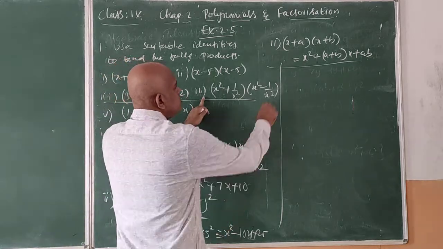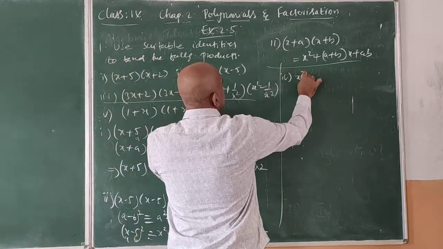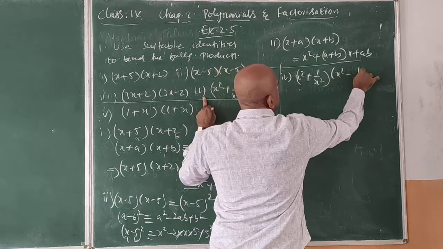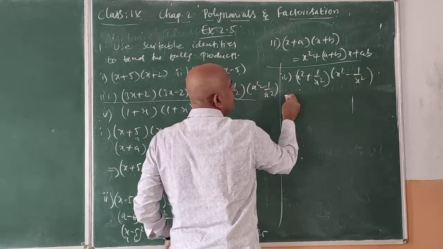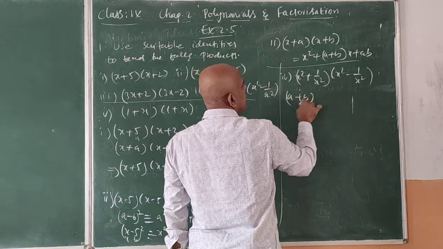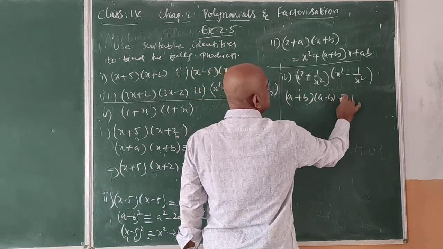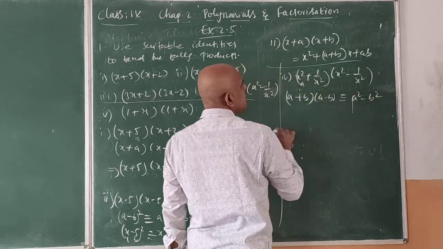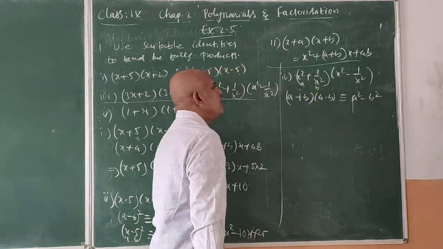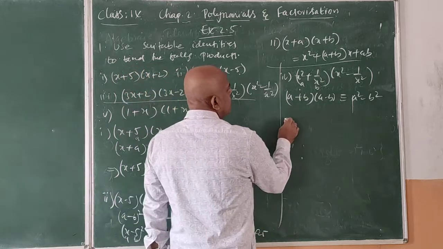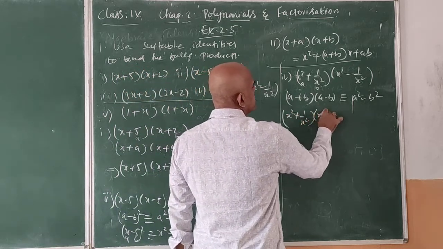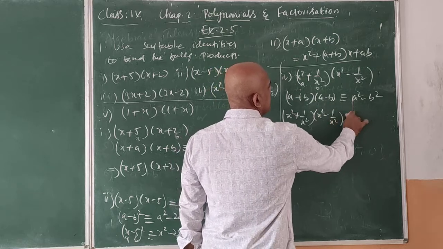Plus 2 into 3x minus 2. So I'll take the fourth problem. x square plus 1 by x square into x square minus 1 by x square. It is in the form of a plus b into a minus b, which is equivalent to a square minus b square. A means x square, b means 1 by x square. So now x square plus 1 by x square into x square minus 1 by x square is equivalent to